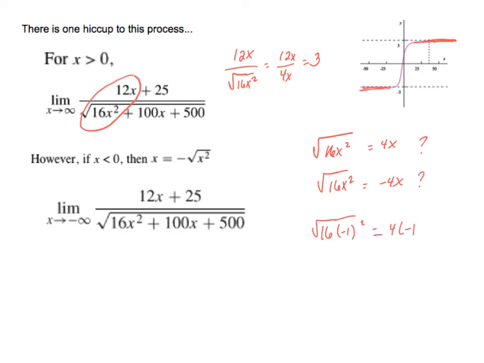Putting question marks because which one is going to be a true statement here? So if x is negative 1, I'm going to have negative 1 squared is 1 times 16. I'm going to have the square root of 16 equaling 4 on the left-hand side, equaling negative 4 on the right-hand side. So that's a false statement, which means that when we're looking on the left-hand side with even roots,